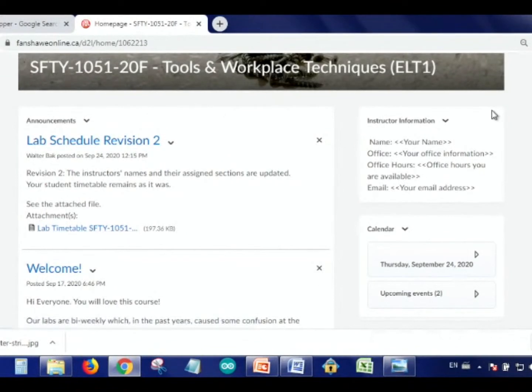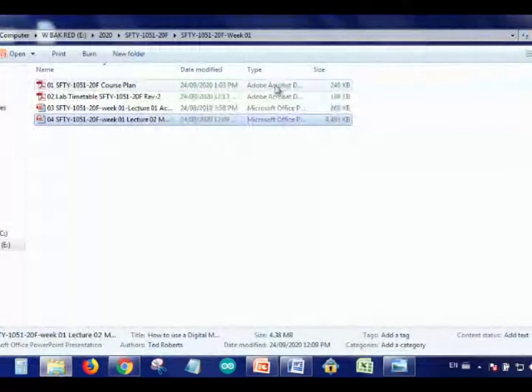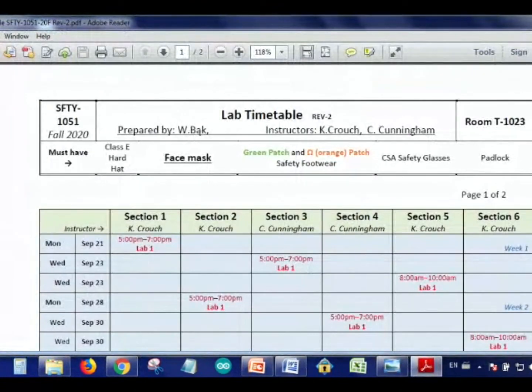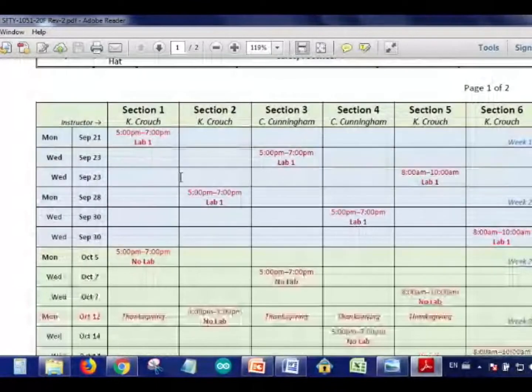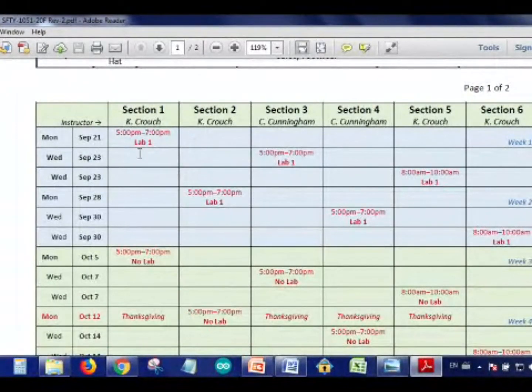All right, so now let's just take a look at the lab schedule first. Lab time schedule. Okay, I'm just going to call this up. I guess I'm going to have to change the screen resolution, but we see enough here.